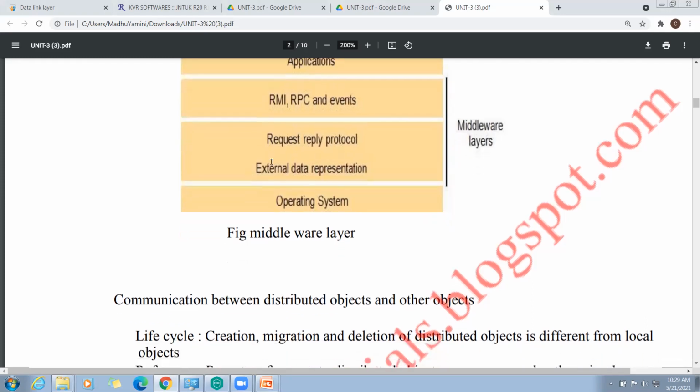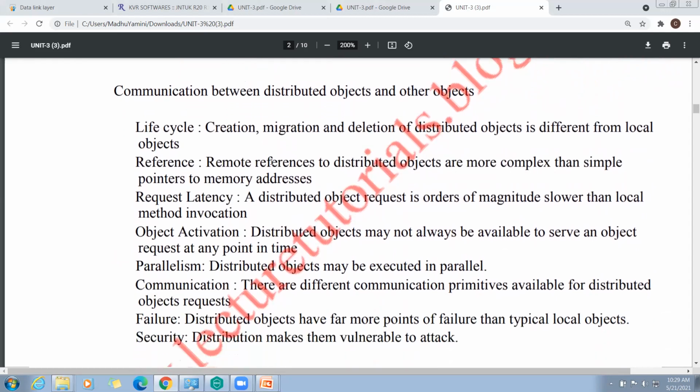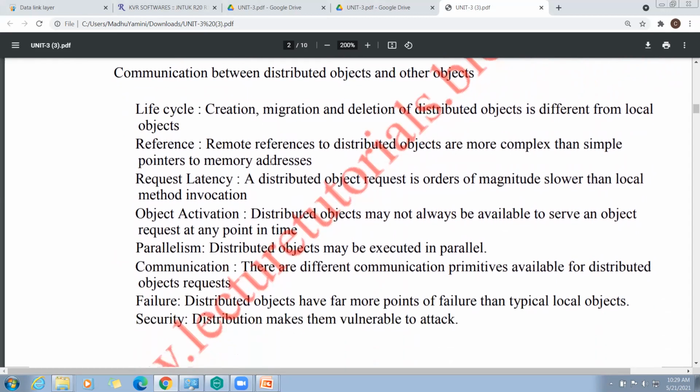See here, our next concept is how distributed object communication will be done. The concept is communication between distributed objects and other objects. First we'll see life cycle.